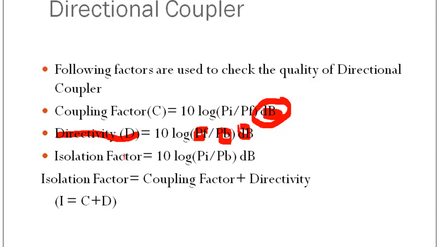And the last one is known as the isolation factor. Isolation factor is defined as the input power to the back power, right? This is known as the back power and this is known as the input power. It is also defined in terms of dB, but as we know the back power is very small, so we can say the isolation factor is also known as coupling factor plus directivity, right? How will we get that? Simply we use 10 log